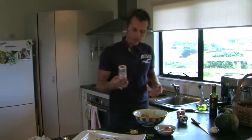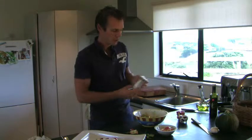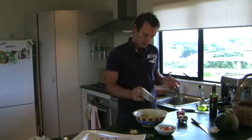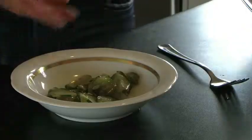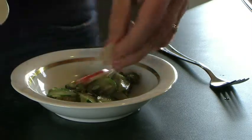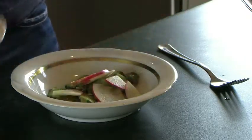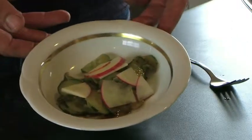I'm going to use a pre-mixed salt mix. This has got some salt and pepper and other herbs, so I won't need to add any other herbs for our salad today. Just be generous. Not too much, a little bit for each person. And the final touch, the little apples right through. There we go. Little salad, very easy, very good entree before